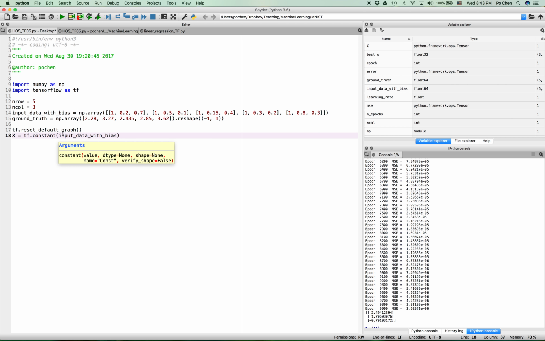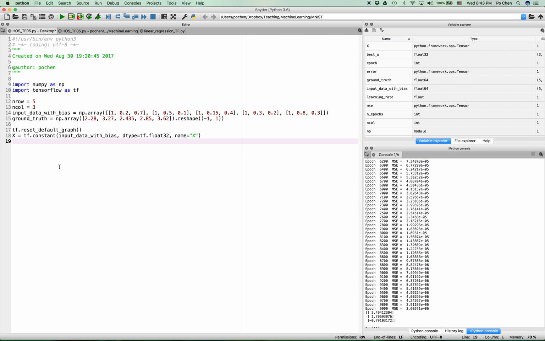We're going to use this NumPy array that we defined here to initialize our TensorFlow tensor X. Let's call it X, the constant. And then let's supply a dtype of tf.float32. And then let's give it a name,